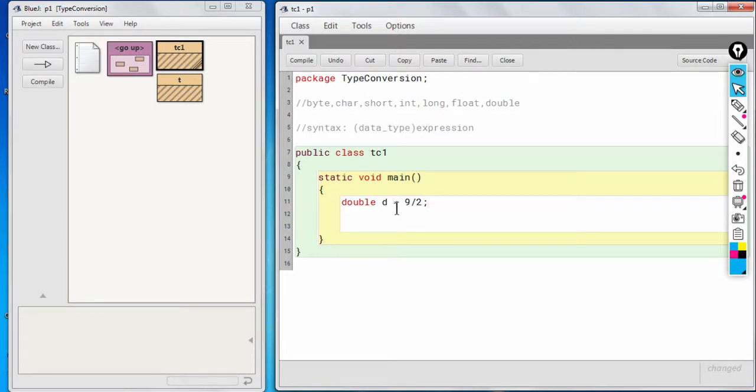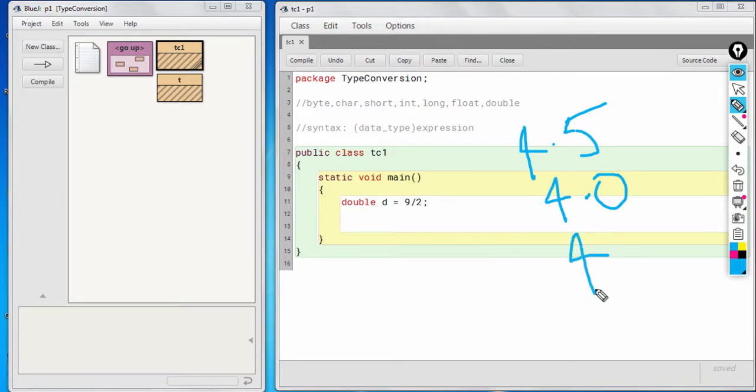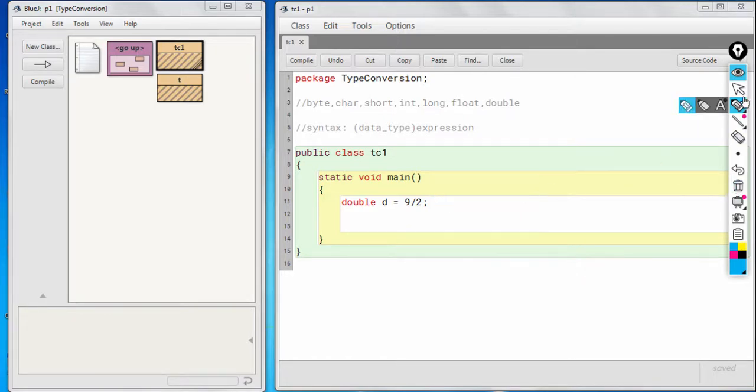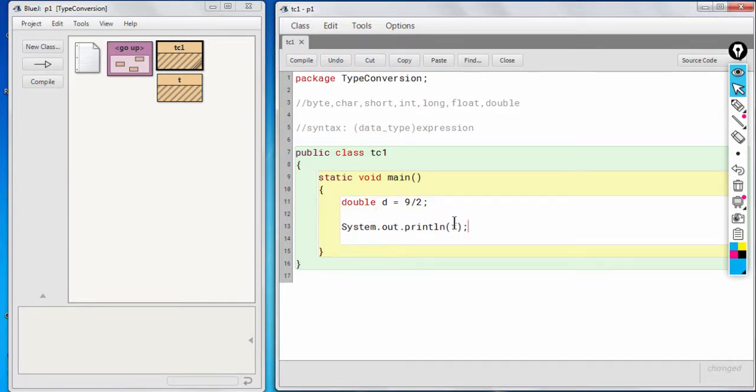The value that will get stored in D, will it be 4.5, or will it be 4.0, or will it be 4? You can pause the video and think for a moment. So if your answer is 4.0, you are correct. So let's see how. First of all, let's print the value of D here.